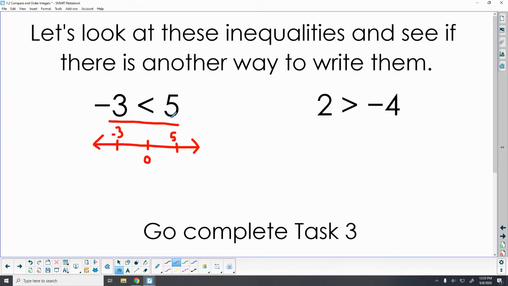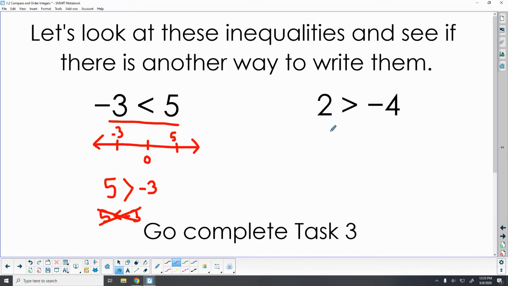So this time we're going to start with our 5. I know 5 is greater than -3, so I'm going to flip my sign the other way and compare it to -3. If I kept my sign the same way it was, that says 5 is less than -3, and that is not true. So put whatever number you're doing first, think about which way your sign should go, and